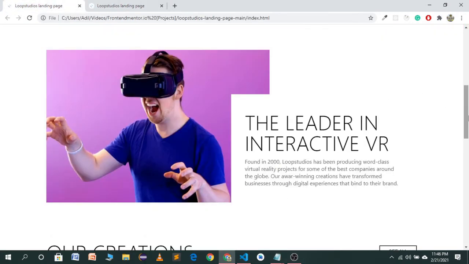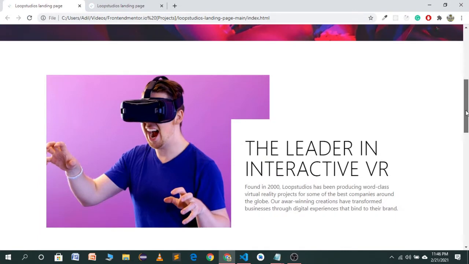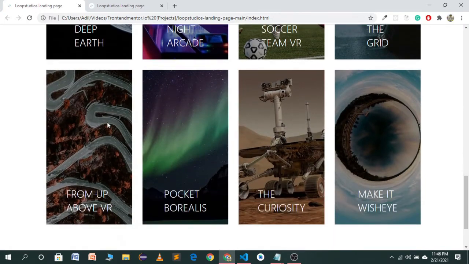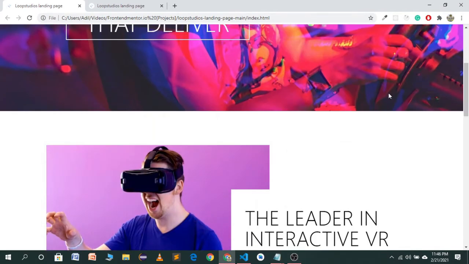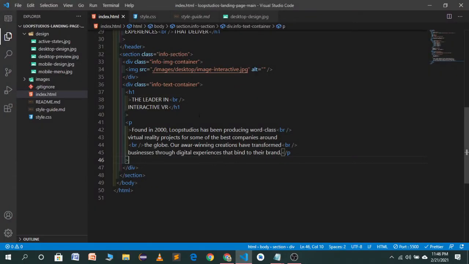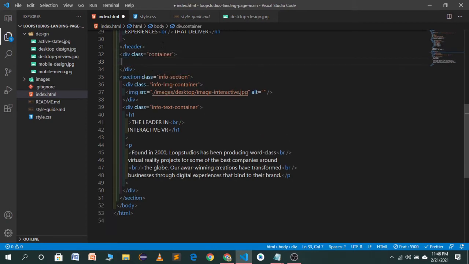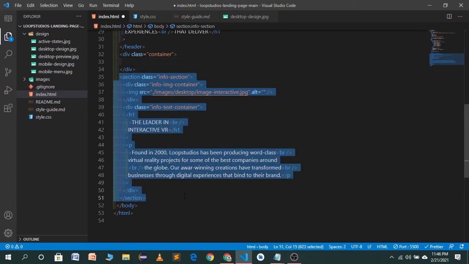As you will see in the demo, we have a margin left and a margin right. We have it for these two containers, the grid container and the info container. We have default margin. So for this we have to create a container under the header, and in this container we will use all of these text.